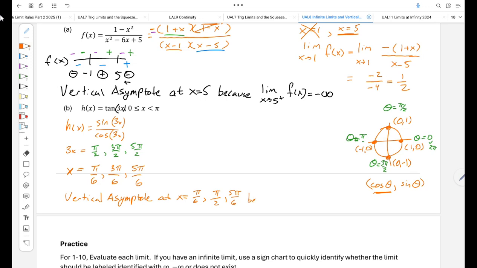And that's because there are 3 limit statements, but we're going to find out they're all the same. I'm just going to give myself more room. I'll start up here. Limit as x goes to pi over 6, limit as x goes to pi over 2, and limit as x goes to 5 pi over 6 of my function, which happened to be called h of x,